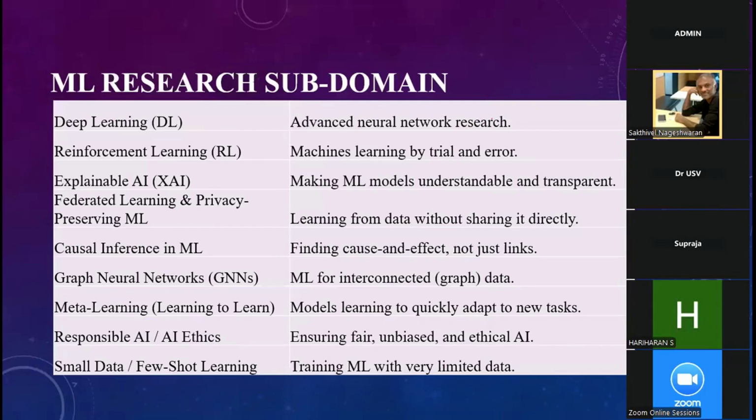Privacy preserving machine learning, causal inference learning, graphical neural networks are upcoming, and meta learning. So this is a model learning quickly, adapted to a new task, so that you can understand that you are using so many AIs, and you can give a name to an AI, and you can chat with the AI like your friend. Normally, you are using an AI for your work, right? Of course, this AI can be your friend, and just like a friend, you can keep a name for this AI, and you can chat with the AI also. Just like one friend who is with me, like that the AI will do it,